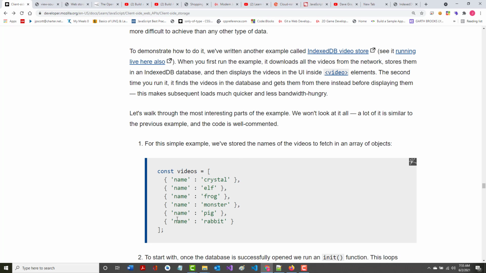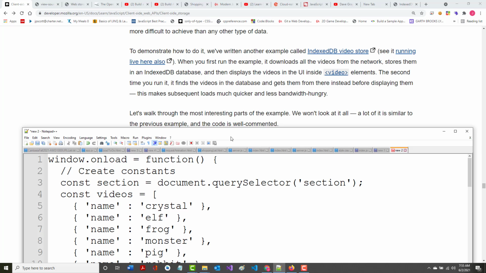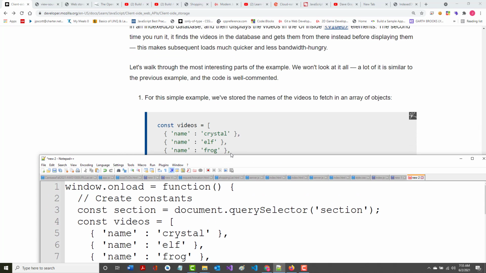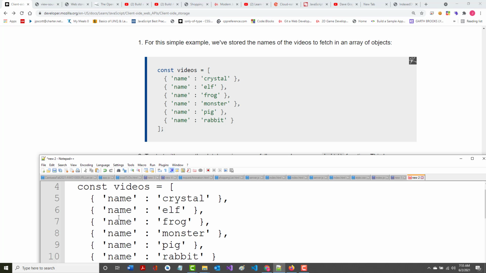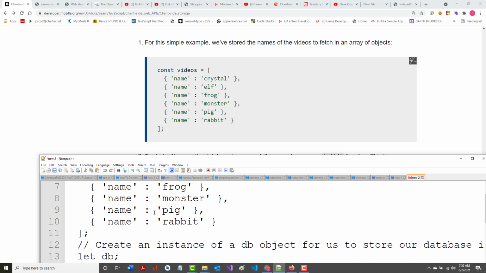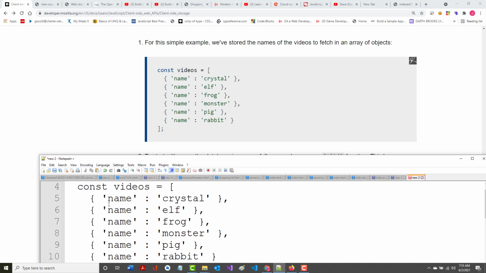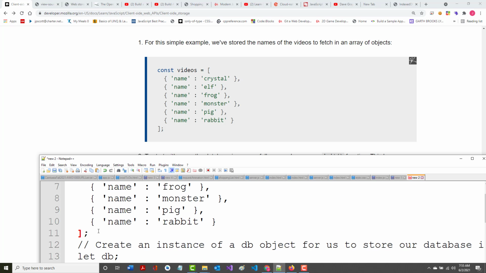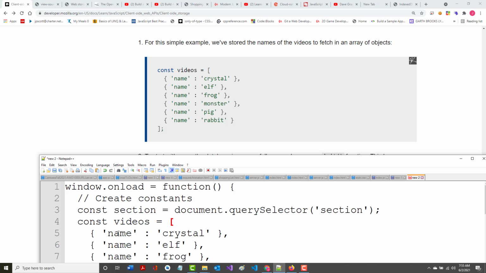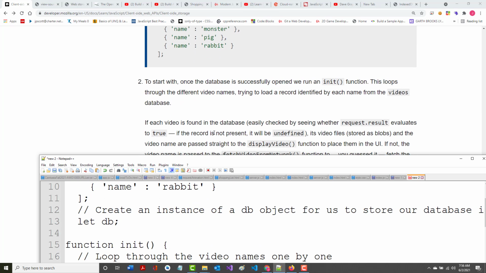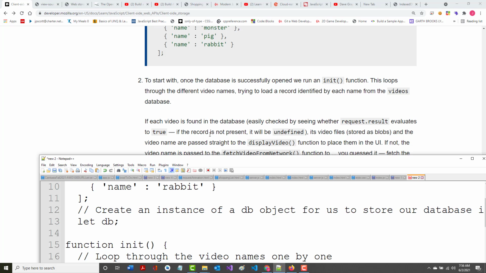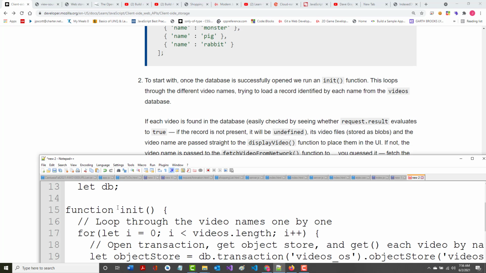There we go. Looking at this, you'll notice, as it says, it's again well commented. We stored the names of the videos to fetch in an array of objects. That's what they're trying to get across to you, that we've got an array here. How do we know this is an array? Because the bracket here says start the array and end the array. And these are the name value pairs for each thing that's in there. To start with, once the database is successfully opened with an init function, which is here,